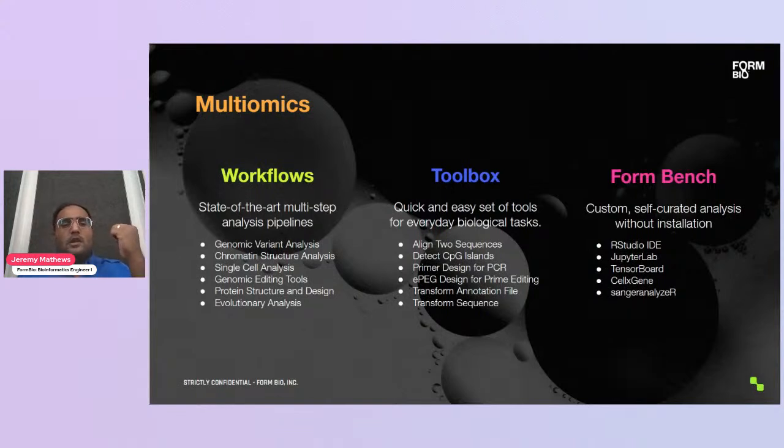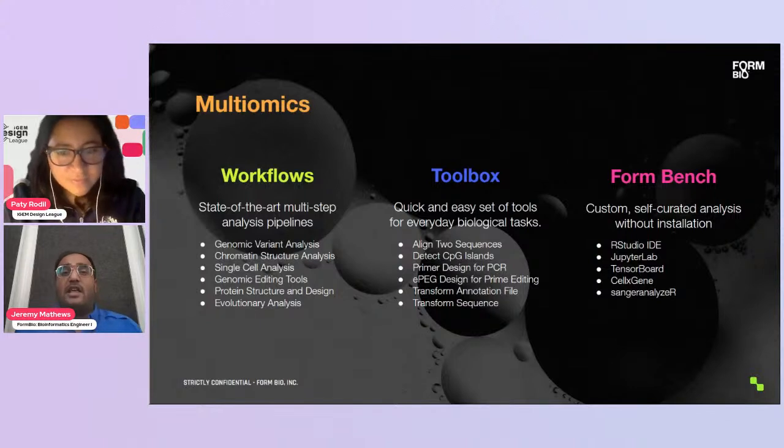This includes chromatin structure analysis, that being ATAC-seq, ChIP-seq, CUT&RUN, single cell analysis from single cell RNA, single cell ATAC, and we're constantly growing this list. The genome editing tools we have discussed with the CRISPR solutions. And then we do a lot of protein structure and protein design implementation of tools as well, to just try and give our user every possible workflow and analysis they may need to answer the questions that they have